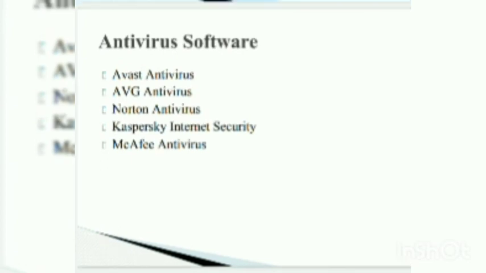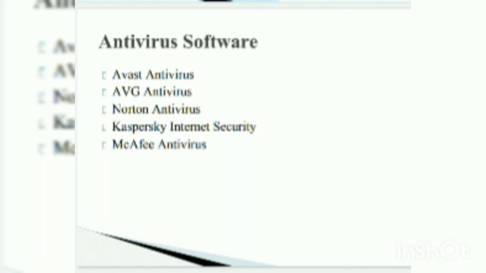Now we have discussed different types of viruses and different types of malicious programs. Now the question is what is the solution to protect your computer from these types of viruses. So the solution is antivirus software. An antivirus software is a security program that can protect your computer against a virus threat. Such a software can detect and block an attack from different types of malware programs.